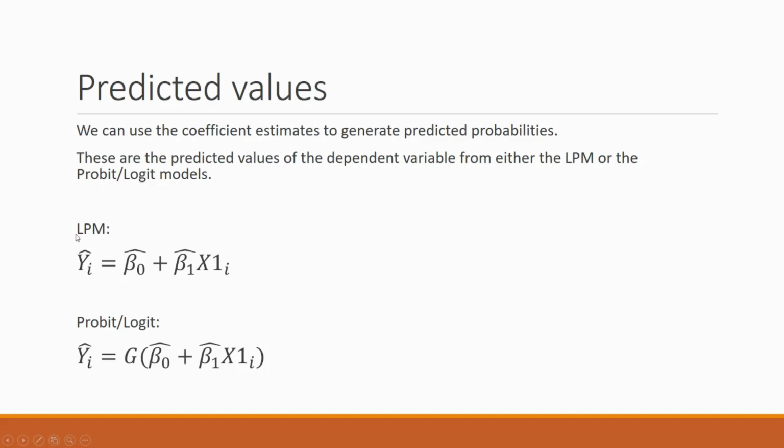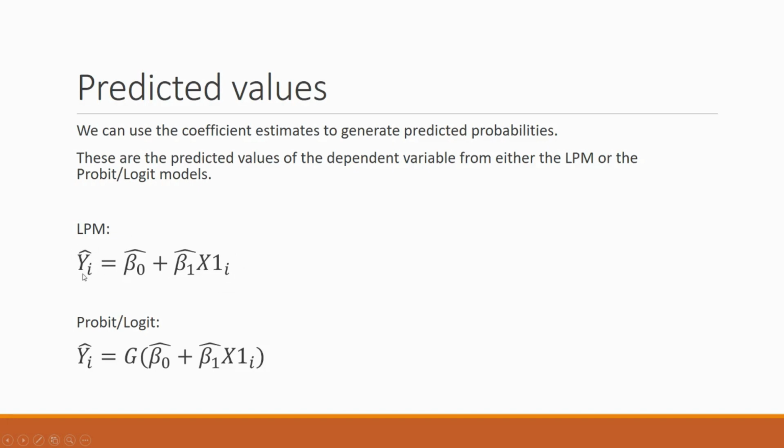Okay, so from a linear probability model, we can generate predicted probabilities. The predicted probability is just the yi hat. All right, every individual will have a different predicted probability. That's where we've estimated beta 0, so we have beta 0 hat, we have beta 1 hat, and we just solve this linear function